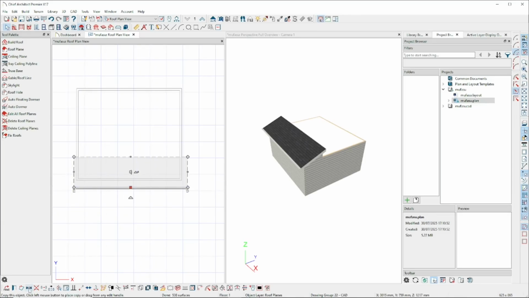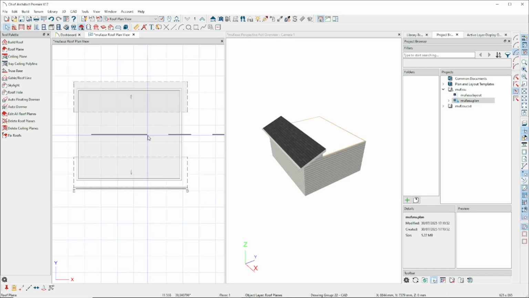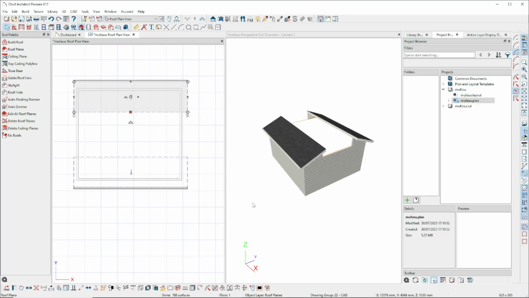The next you can copy. Click at this icon, copy or paste, and use the reflect about objects. We reflect in here. And if you want to join these roof plans, you can select the roof plans, one